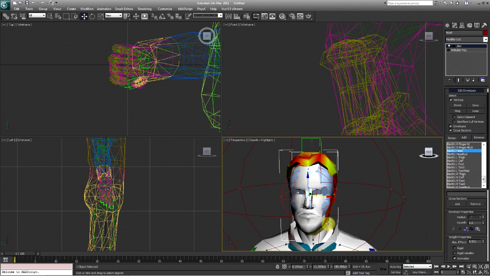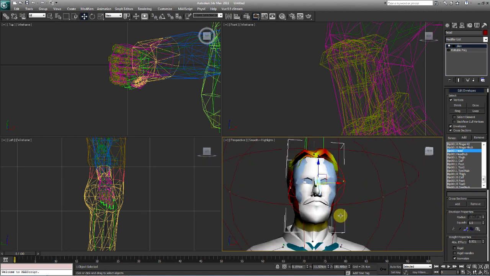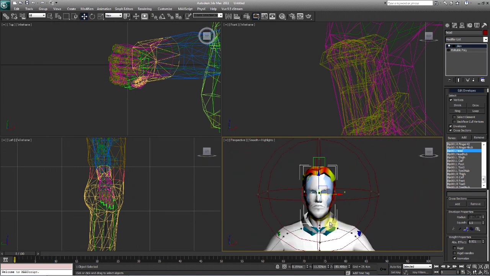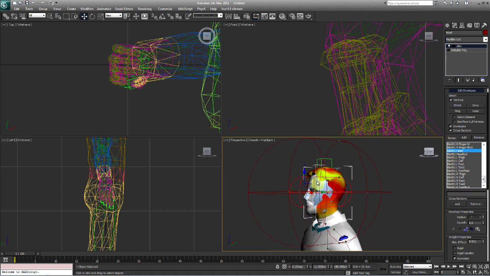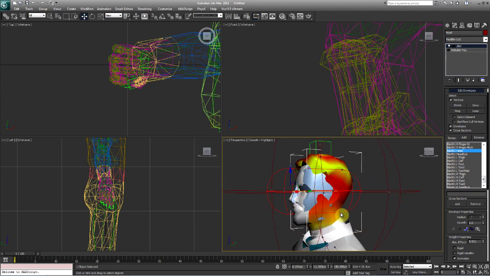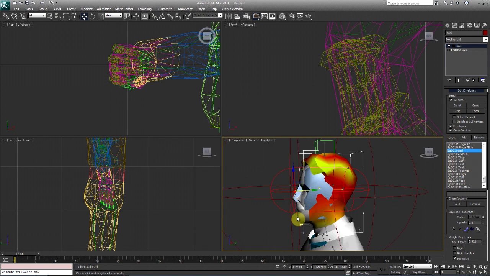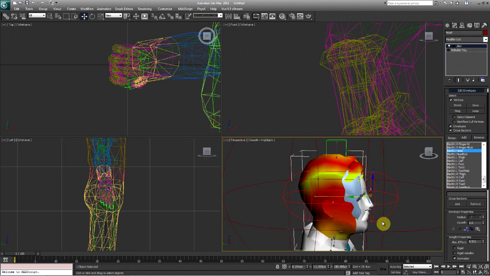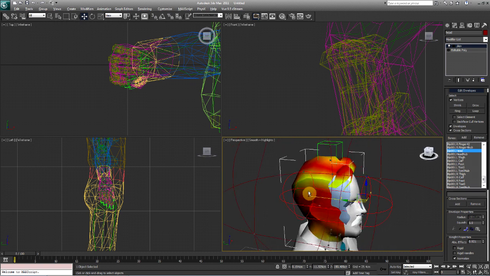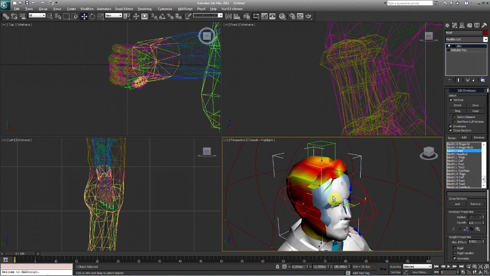Now we have ourselves a weird looking mesh, colored completely. The reason it's showing these colors is because it stands for deformity. It's showing how strongly it's pulling that part of the mesh. It's telling you what the bip head bone is deforming. So this yellow right here means it's going to give you a slight pull. It's not going to move with the bone completely. So what we're going to do,